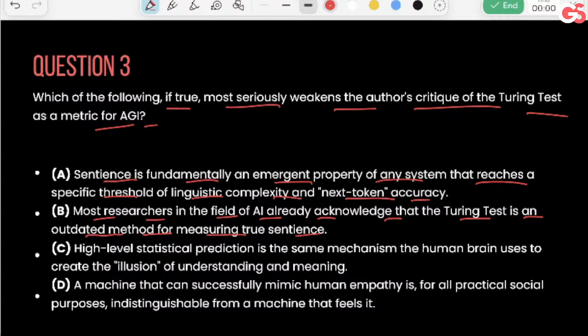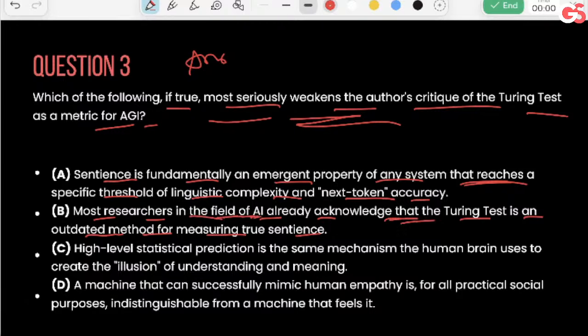मुझे लगता है कुछ और पढ़ने की जरूरत ही नहीं है, बी ही सही लग रहा है. क्योंकि यहाँ पे हमें चाहिए क्या? This question is about arguments, and to weaken the argument we require a premise that weakens it, right? So A is also a premise, B is also a premise, but B is a better premise because in B, if